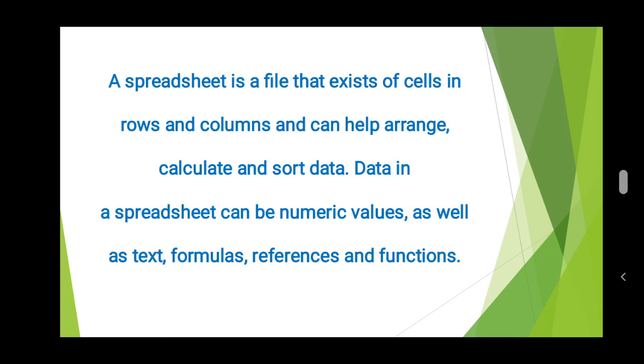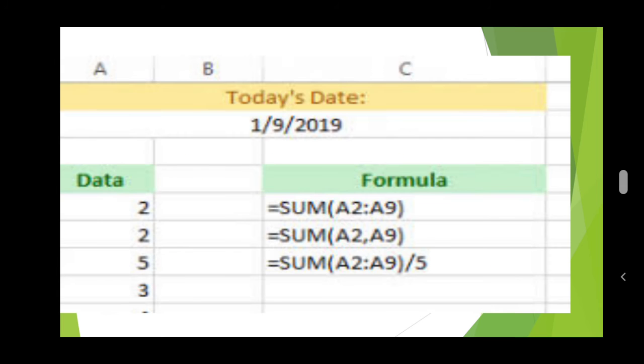First of all, inside the spreadsheet lesson, here we have a picture. In this picture you can see a formula that is given in 3 rows. See the first line: equal to SUM(A2:A9). Inside the bracket they have given the range. In the spreadsheet, a formula will always start with an equal to sign. So here you can see that equal to sign in front of the formula.